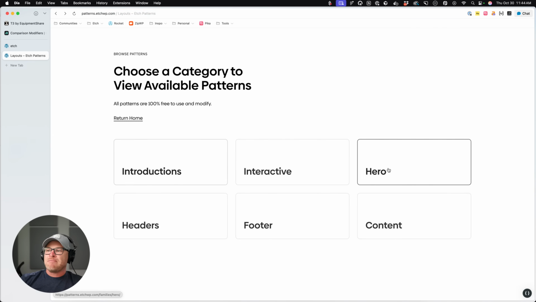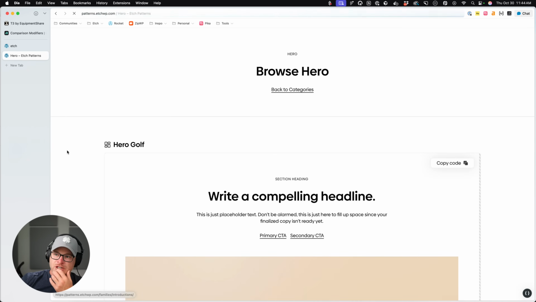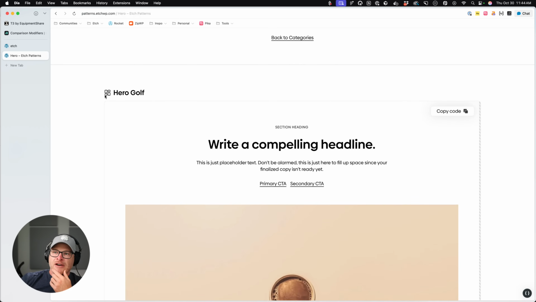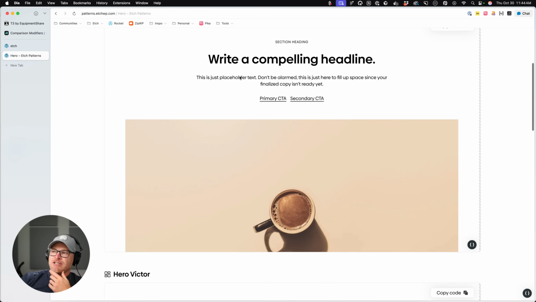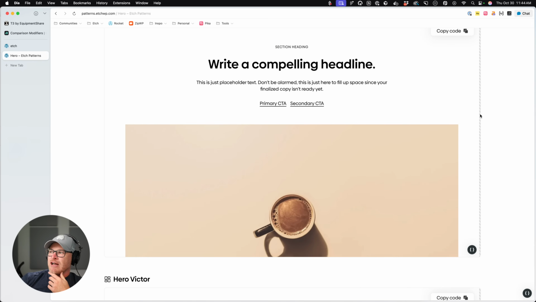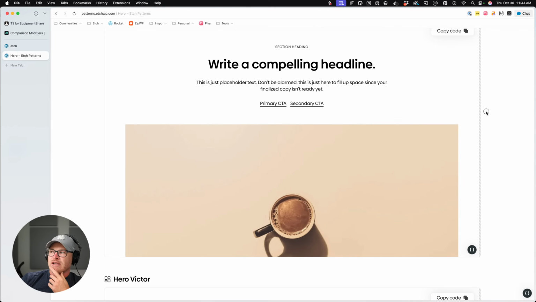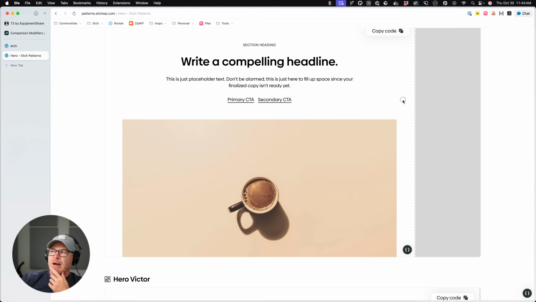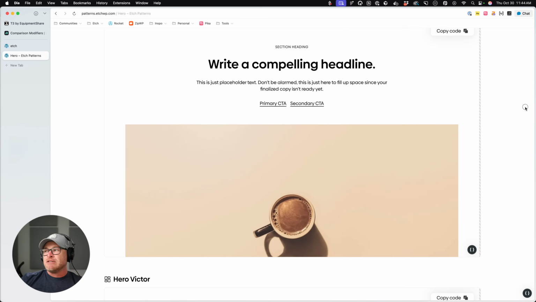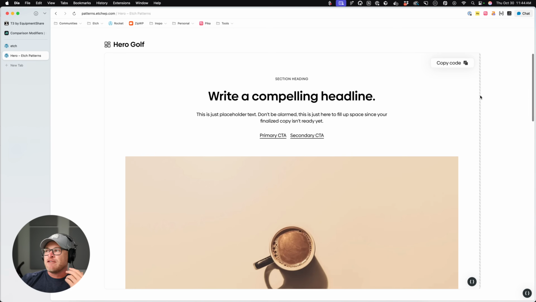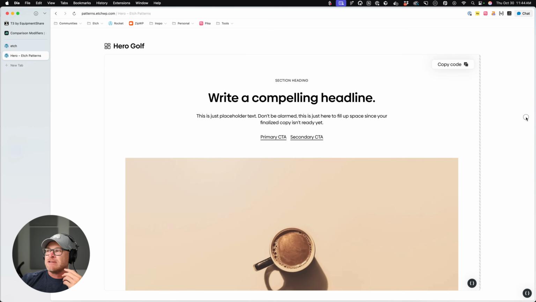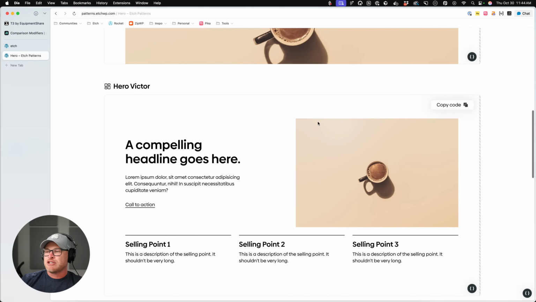If it's just a pattern, like if I go to a hero section, for example, it's going to have the pattern symbol. So these are patterns that are available. There's a little responsive handle on the side, so you can see how these are fully responsive. I built all this with Etch, by the way. So if you're wondering how far the capabilities actually go, I mean, pretty much you just do whatever you need to do now.